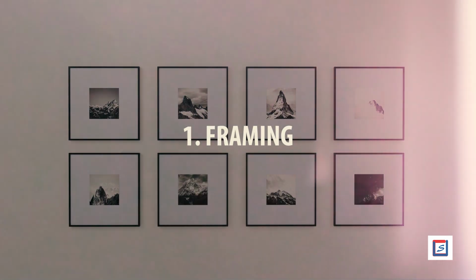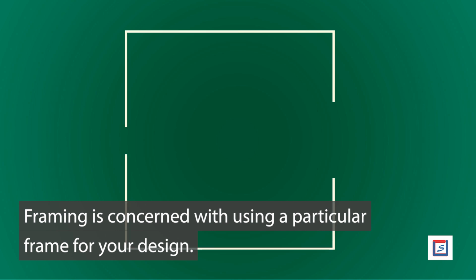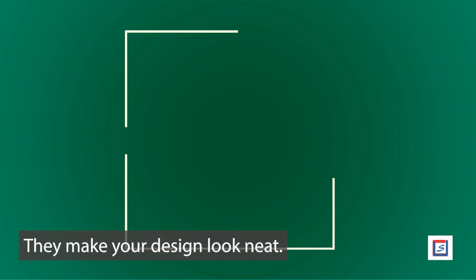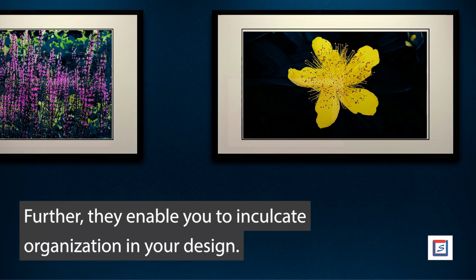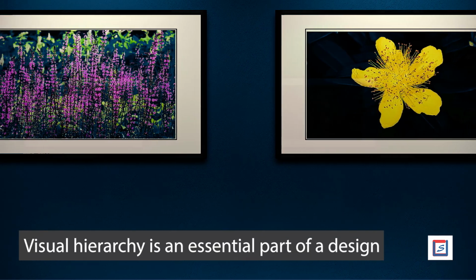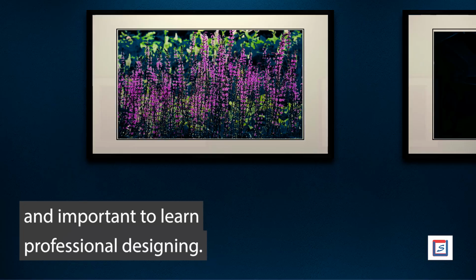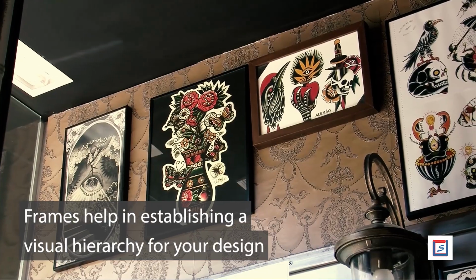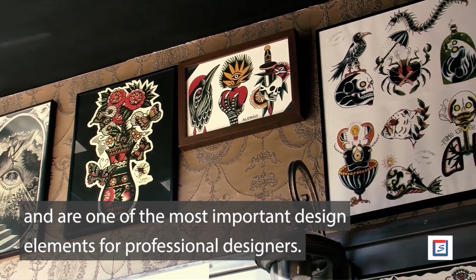Number 1. Framing. Framing is concerned with using a particular frame for your design. They make your design look neat. Further, they enable you to inculcate organization in your design. Visual hierarchy is an essential part of a design and important to learn professional designing. Frames help in establishing a visual hierarchy for your design and are one of the most important design elements for